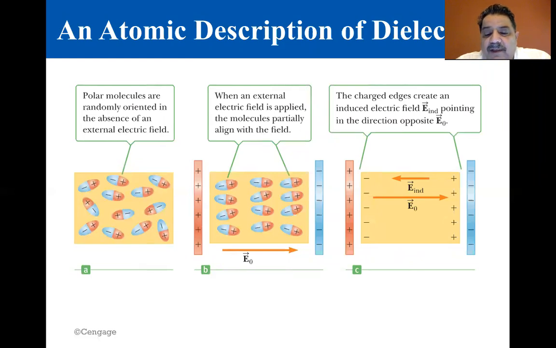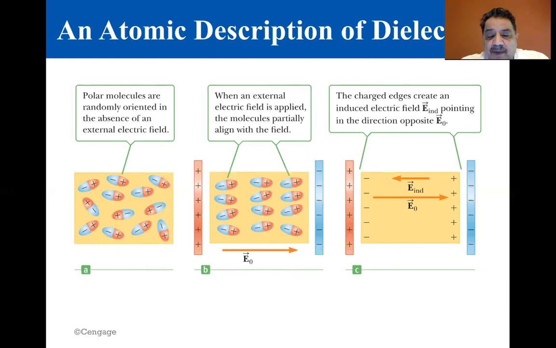Now, the positive plate attracts the negative ends of the dipoles, and the negative plate attracts the positive ends of the dipoles. These forces exert a torque on the molecules making up the dielectric, reorienting them so that, on average, the negative pole is more inclined toward the positive plate, and the positive pole is more aligned toward the negative plate. The positive and negative charges in the middle still cancel each other, but there is a net accumulation of negative charge in the dielectric next to the positive plate, and a net accumulation of positive charge next